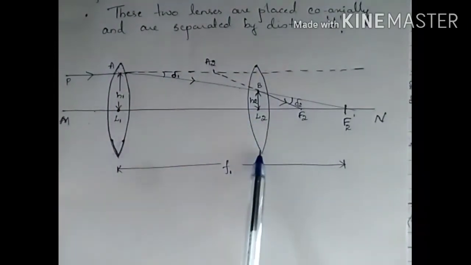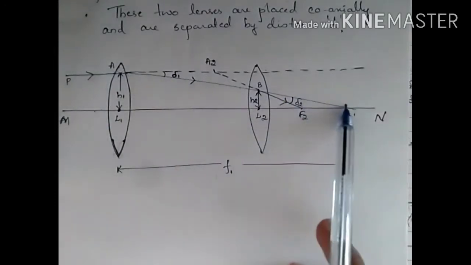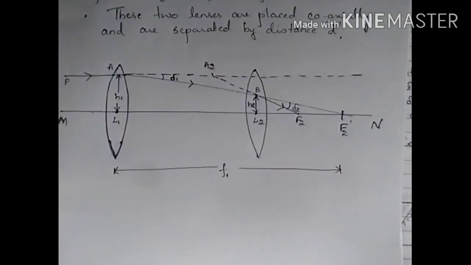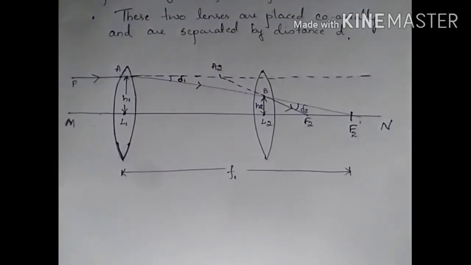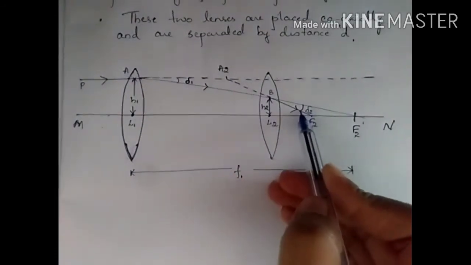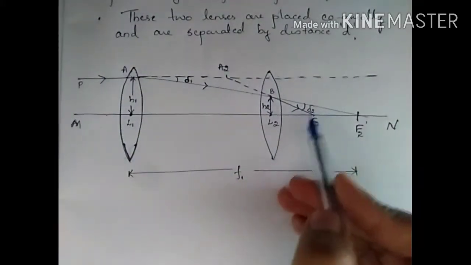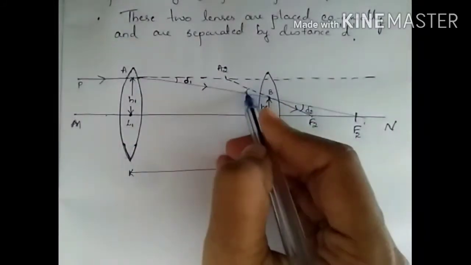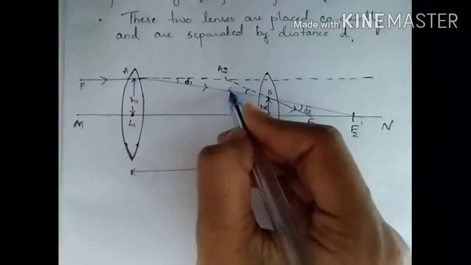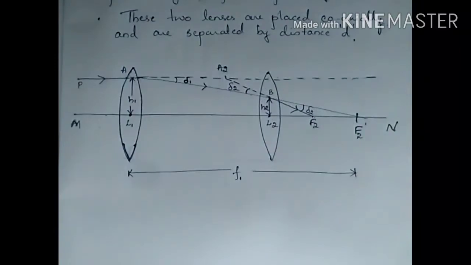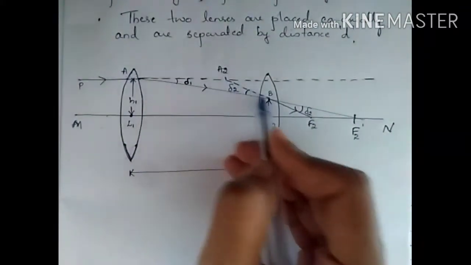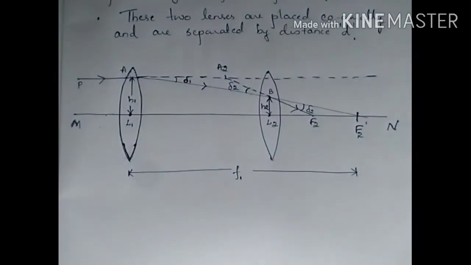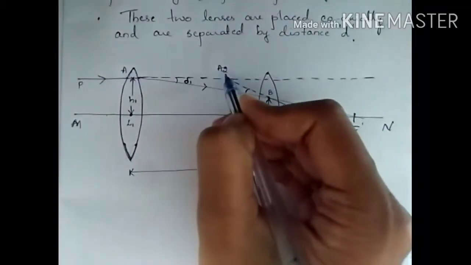If this lens is absent, then this ray would have travelled straight and fallen at the point F2. Since there is a lens L2, this ray gets refracted and falls at F2. So this angle is delta 2, the angle of deviation for the second lens L2. Since these two angles are opposite angles, I can write this angle as delta 2. This extended ray is falling at the point A2. Now if you draw a line here,